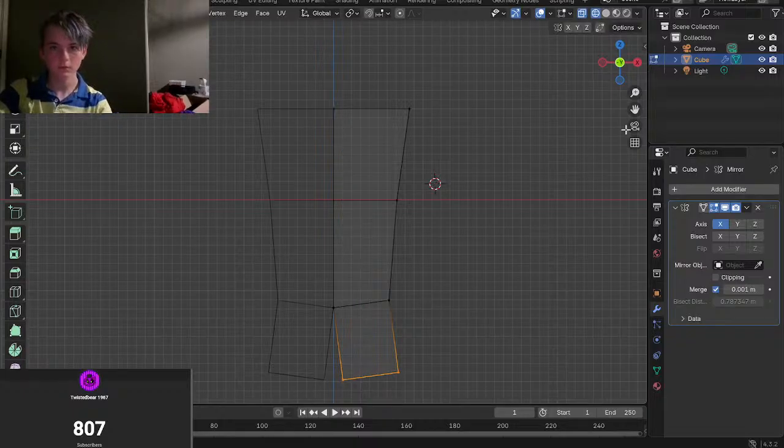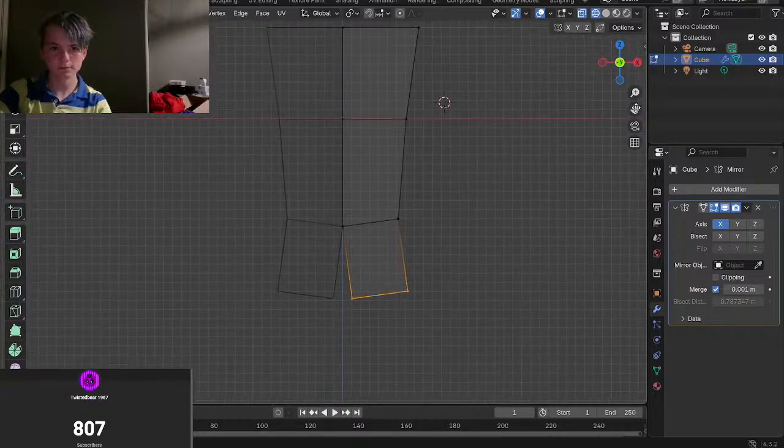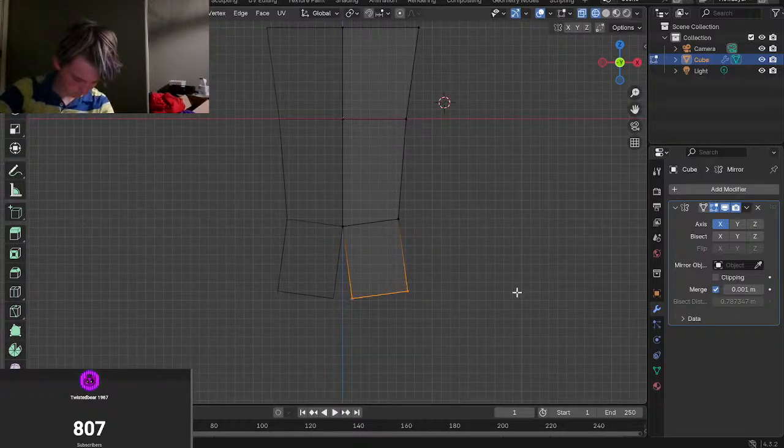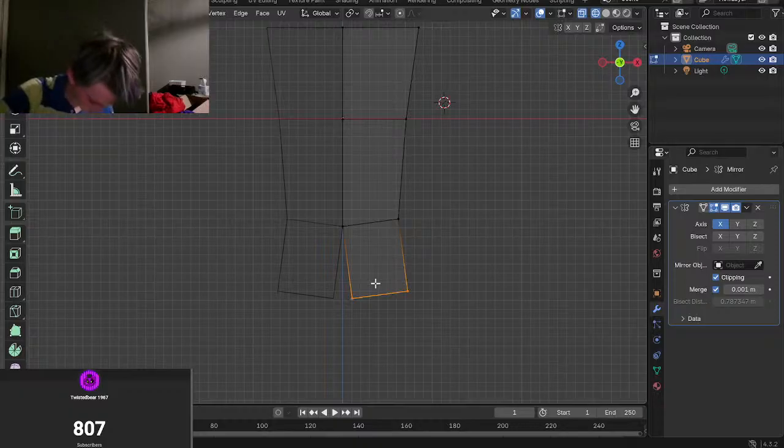You can see we've now extruded, and we can now enable clipping again, as we do still need to clip them. With this vert still selected or active, you can now hit S to scale them. And if you accidentally did deselect them, all you have to do is